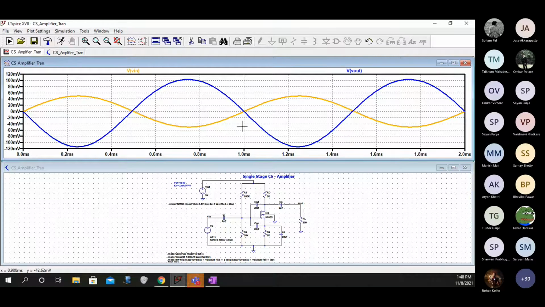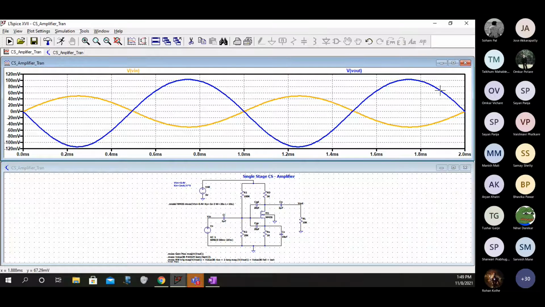So generally you would see this in the lab. When you go to the lab you will connect the input and the output and see this on the DSO or the CRO screen. The CRO doesn't have these functions to automatically calculate the maximum and the minimum amplitudes, but a DSO can. So you can write a function in the DSO, show me V out by V in, it will show you V out by V in, and that is going to be your gain. So this is what it is.